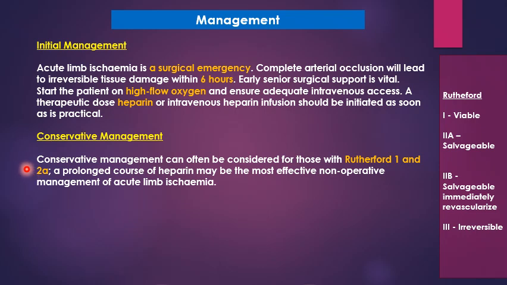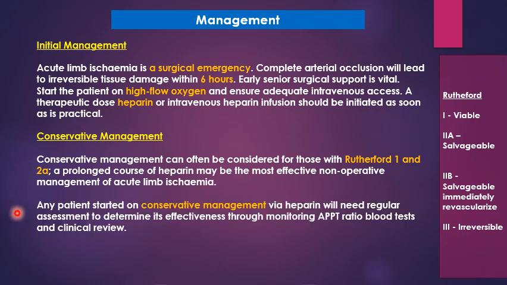A prolonged course of heparin may be the most effective non-operative management of acute limb ischemia. Okay, so these patients we started on heparin infusion. Prolonged long-term heparin infusion, and at this point, as you do that, these patients must be monitored for the progression of the ischemia. Any patient started on conservative management via heparin needs regular assessment to determine the effectiveness through monitoring